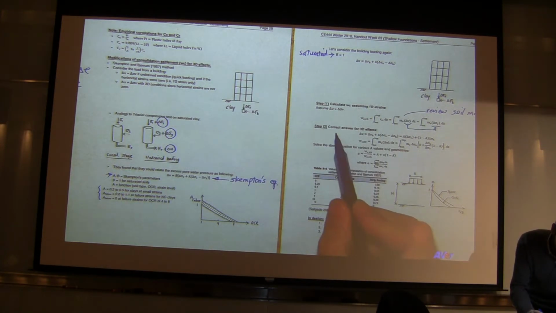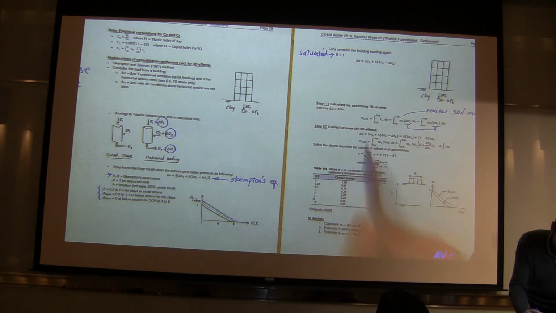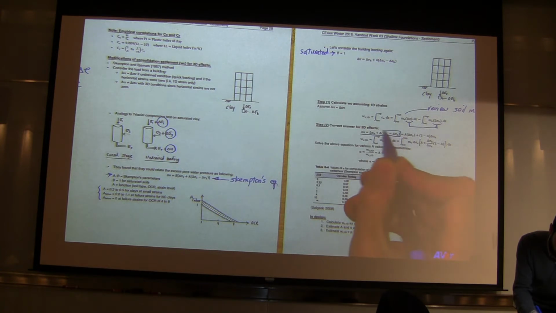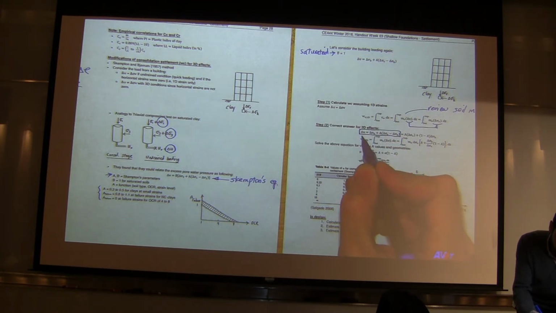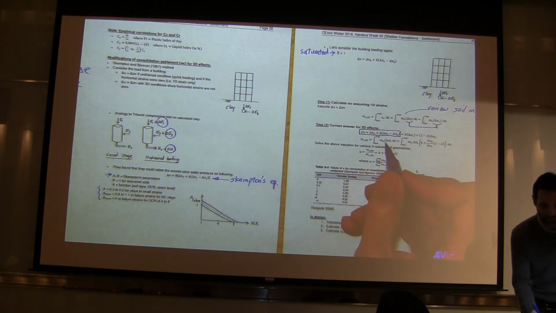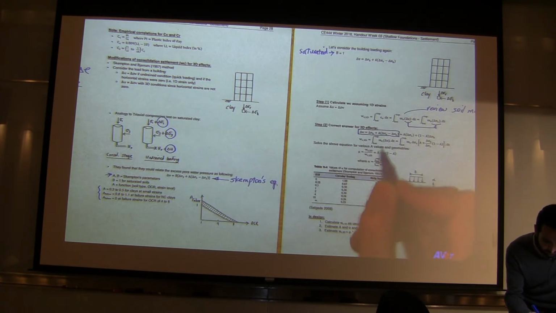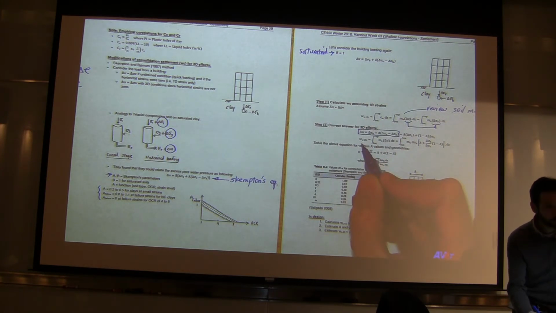So we correct the answer for a 3D effect by this equation, that your delta U is not just equal to delta sigma V, but it's a function of delta sigma H and delta sigma V. And you can write the equation in this form, but then here's the important thing. Again, you write the equation for WC in a 3D,